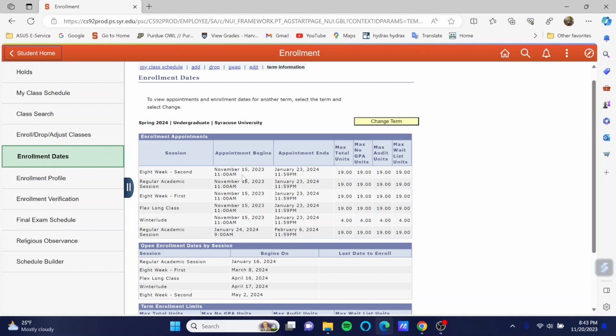defined based on a few factors. Number one, the amount of credits that you already have. He came in with credits from community college that affects when he's going to be enrolling. Number two, the amount of credits that you are already taking. That also affects it. Number three, the program that you belong to. Certain programs in college have earlier enrollment dates. Other programs have later enrollment dates. It depends on